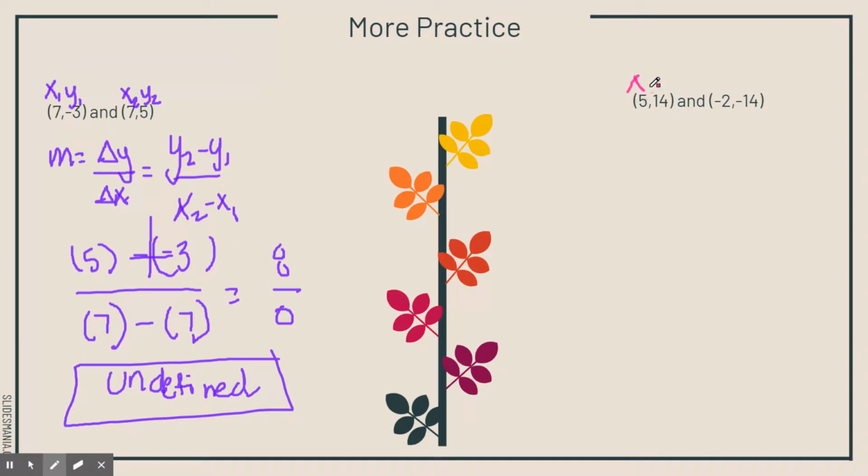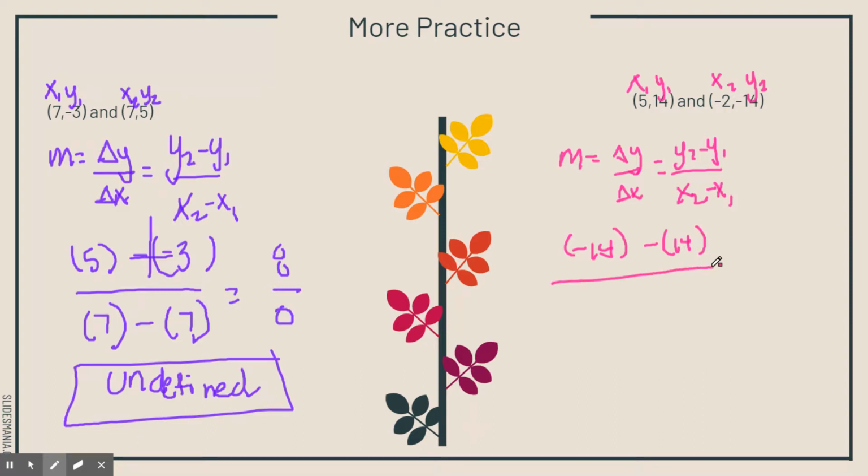And that's going to be x1, y1, x2, y2. So now I'm going to go ahead and take these and I'm going to plug them into my equation, which is m equals the change in y over the change in x, which equals y2 minus y1 over x2 minus x1. All right, so I'm going to plug it in. Negative 14 minus 14 over negative 2